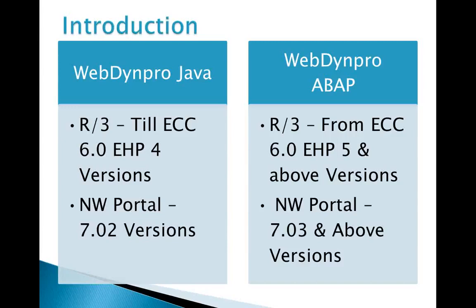So from that year onwards, SAP has released the Web Dynpro ABAP components with EHP 5, ECC 6.0 EHP 5, with a 7.3 version of the portals. So why I am mentioning this point is, if you are adding experience to your profile saying that from 2007 you are working on Web Dynpro ABAP,